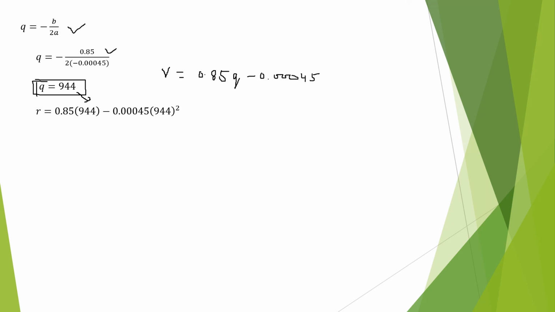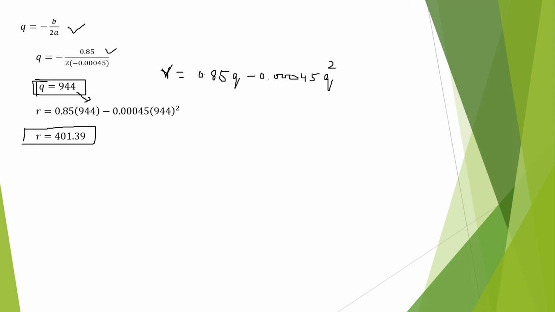Okay, so here the value of Q is equal to 944, so we need to put Q is equal to 944 in this equation. Okay, so here we have the total revenue, which is equal to